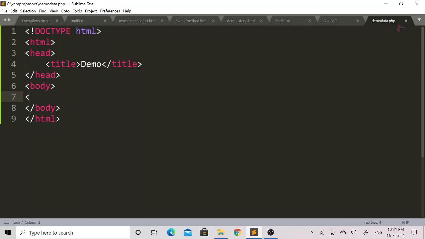Within the body tag, first I will take a form tag. Before the form tag, I will add one center tag so that this registration form will appear in the middle of the web page.